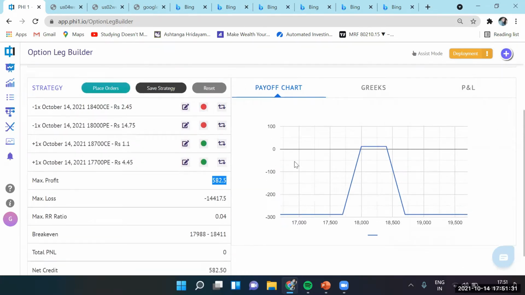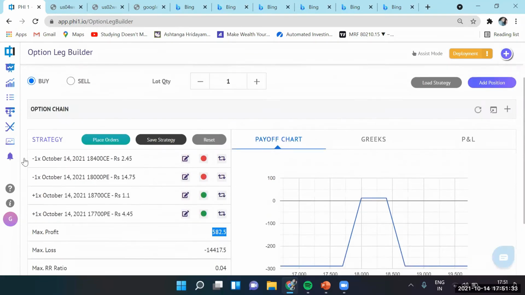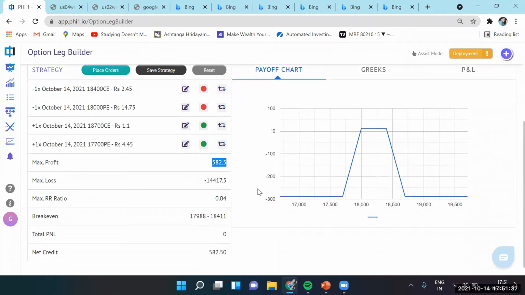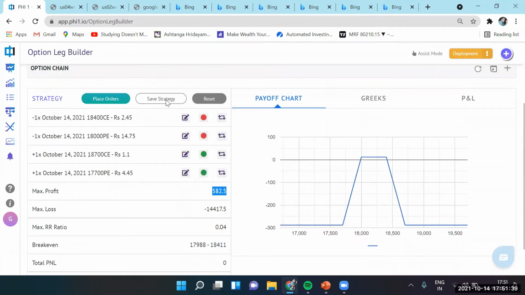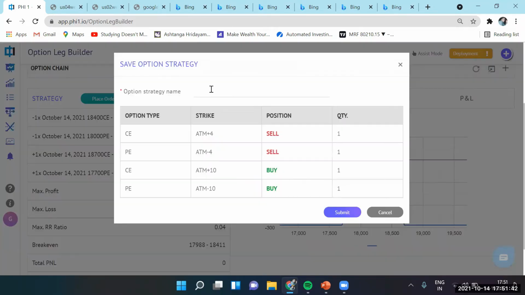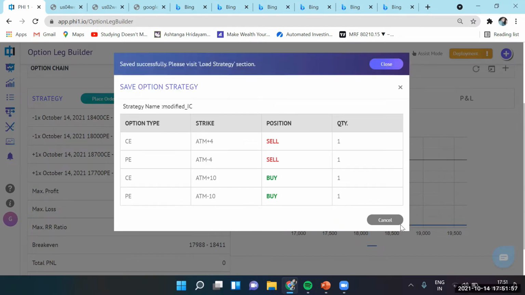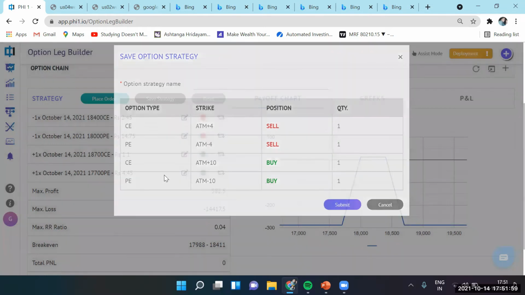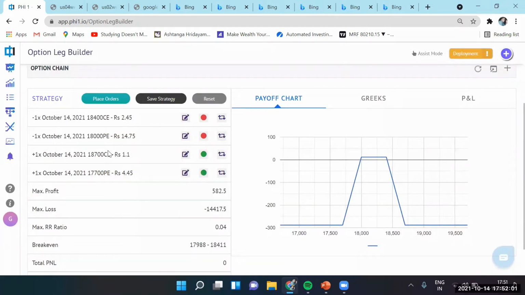All right, so you can keep on changing the dynamics of the strategy. You can make it a ratio spread, as we will see in the next strategy that we talk about. All right, so now you've modified it. You can save it with an alternate name. So let's call it modified iron condor. And get to save it. So everything is graphical for you to construct, to load, to backtest, and to place the orders.